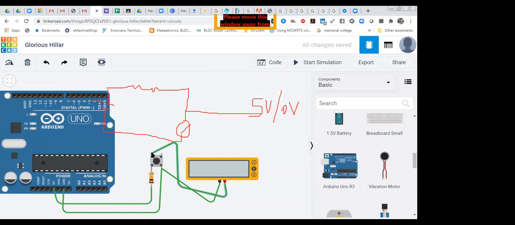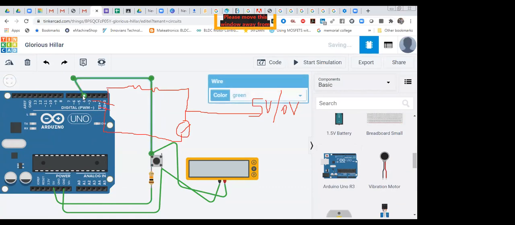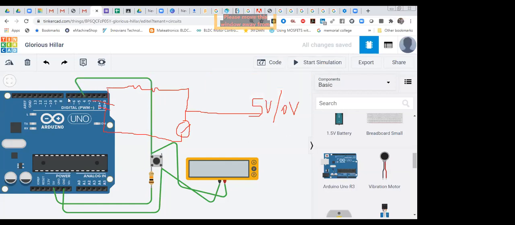So the output I'm going to take from this, the same output I took with the multimeter, I'm going to read with the Arduino. You can take pin number 4, because we did it with pin 4. Any pin you can take over here in digital 0 to 13. So let's start, how it is working. Over here you are getting 5 volt.